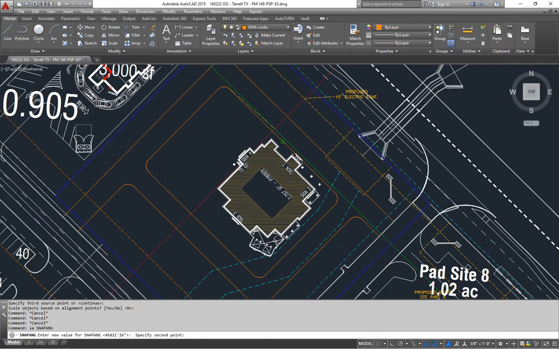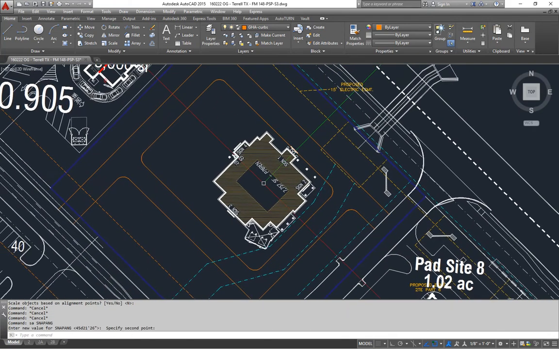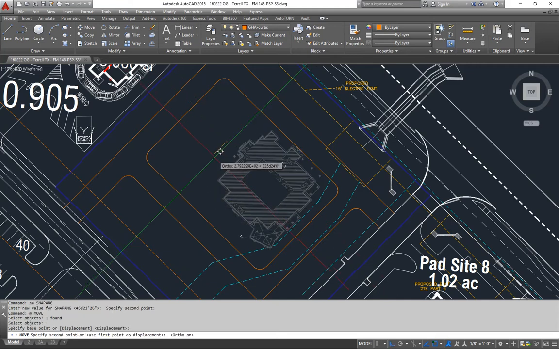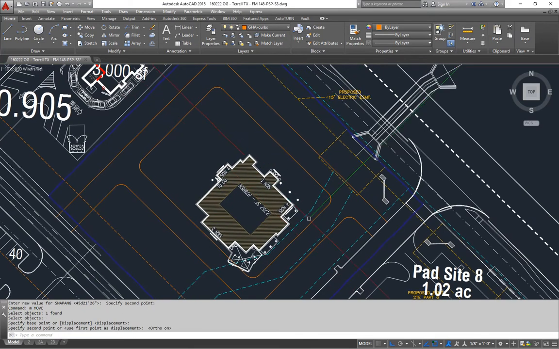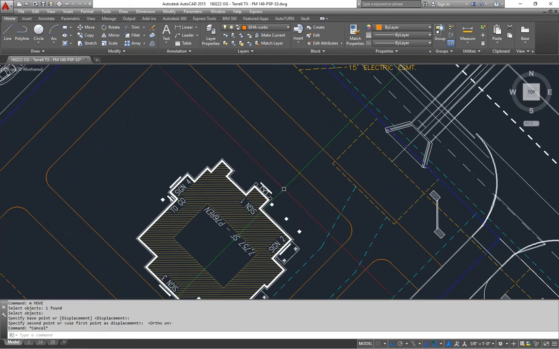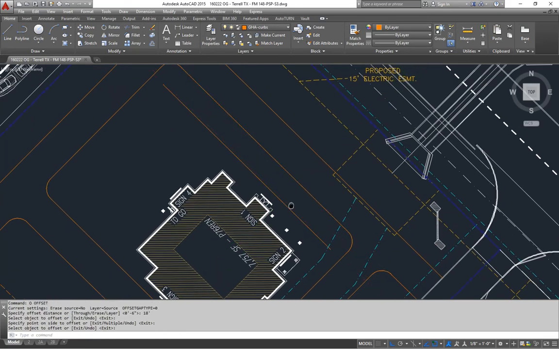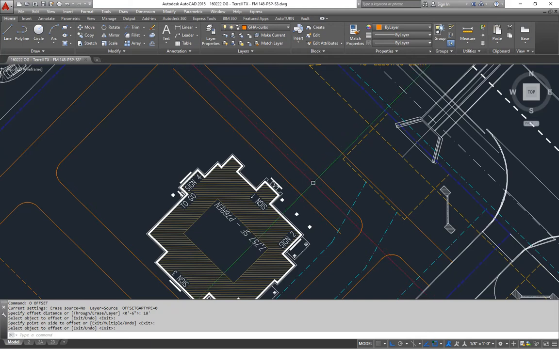Let me go back and make sure my snap angle's set right. So we don't have a lot of room to work with here. I'm curious here to see if I'm even going to be able to get any parking on the front. 18 foot, that would be nice if we could get that to work. We're going to need a 7-foot sidewalk. I'm going to offset 7'6" to account for a curb line, or actually we're going to do a 0 curb